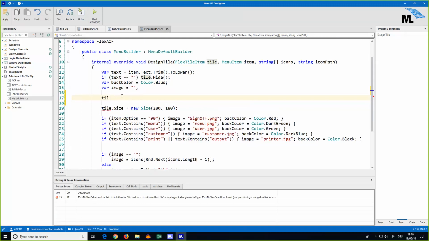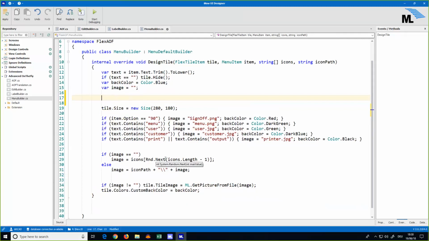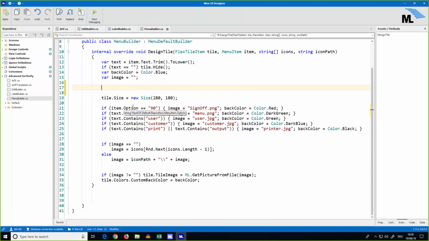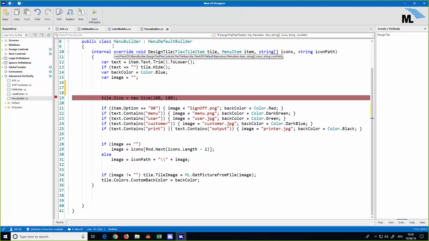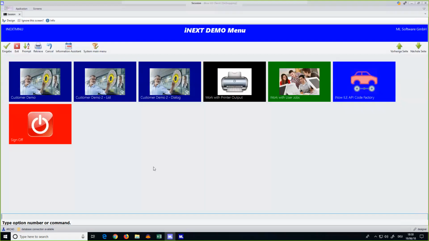And if you have a correct source, the error message disappears, and you can continue. What you see here is you can decide what happens with every coming tile. So that means if we run the debugger, we can have a look at the things. Come on, that happens. So